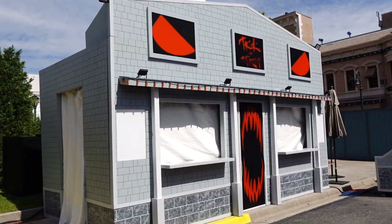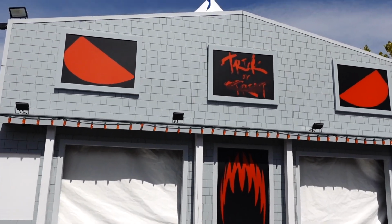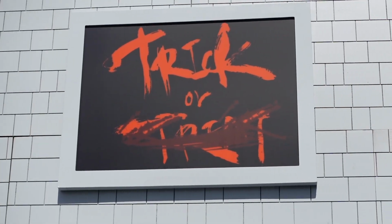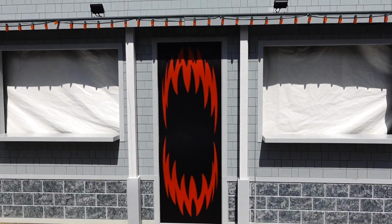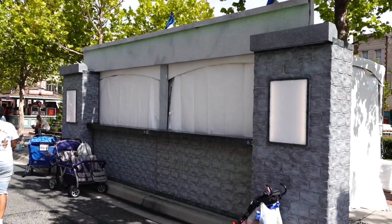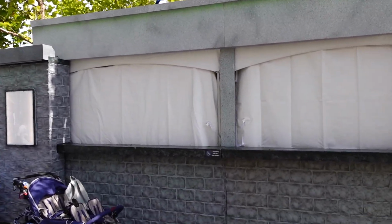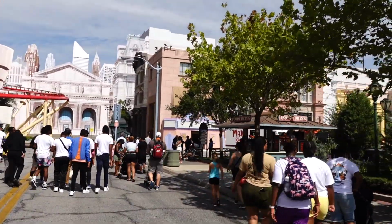And then directly across, look at this. Theme to trick or treat, and not Sam, just legitimately trick or treat. It says it right in the middle here. And then the more you look at it, you realize there's two eyes and an evil looking mouth here. Two different food booths near the New York area. Now, normally in years past, this is a bar, and I'm sure that's probably what it's gonna be this year. No big theming on this, but we're heading over towards the tribute store, and there's some major theming over here